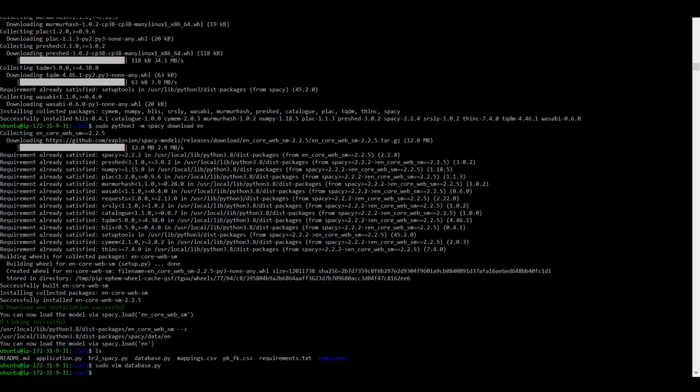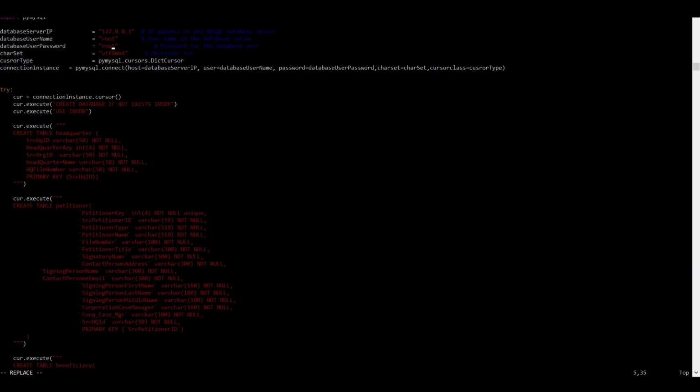There is a database user password here, and it should be the same as we have given in MySQL. It is root here, and in MySQL we have given it as admin, so we have to change it to admin.